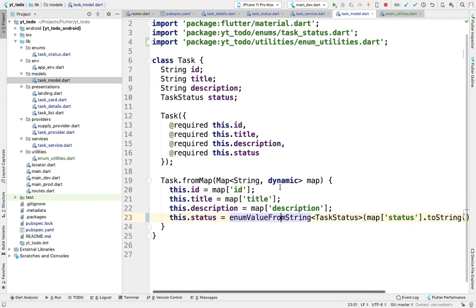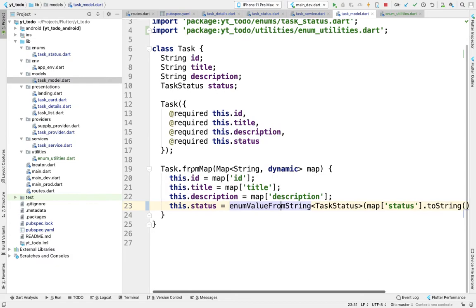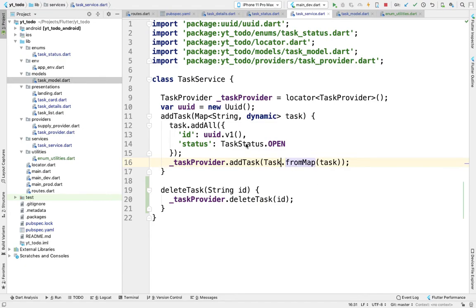So we are doing this because from map will be called when we are creating a task object here, and here we will be doing enum value to string.